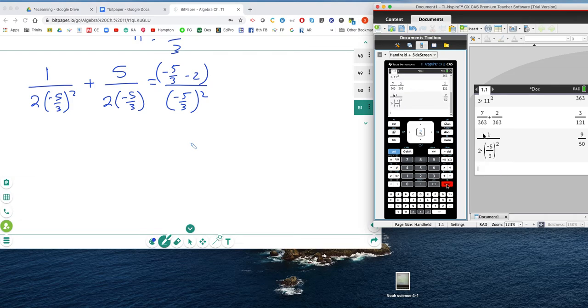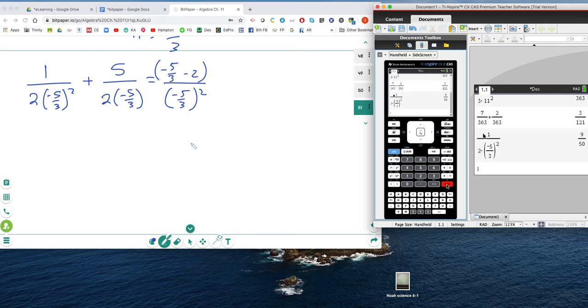And that's going to give us 9/50 plus control divide 5 divided by 2 times parentheses negative 5 divided by 3 parentheses equals. And that's going to give me negative